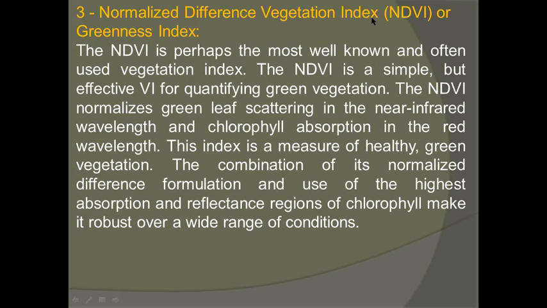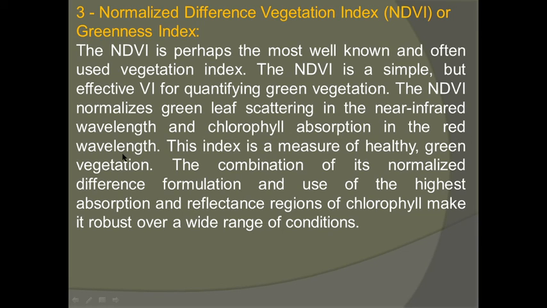Normalized Difference Vegetation Index or Greenness Index. The Normalized Difference Vegetation Index is perhaps the most well-known and often used vegetation index. It is a simple but effective vegetation index for quantifying green vegetation. It normalizes green leaf scattering in the near infrared wavelength and chlorophyll absorption